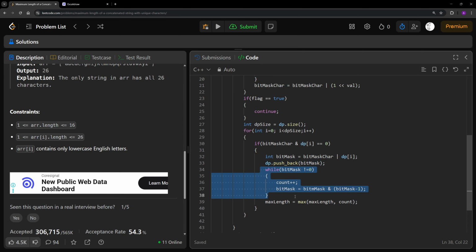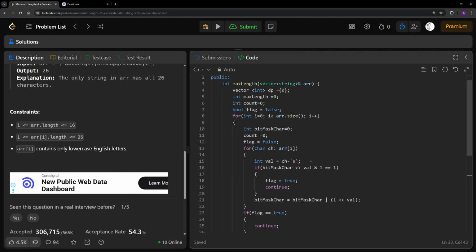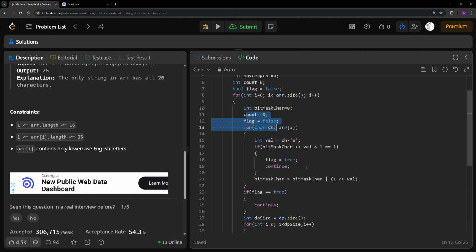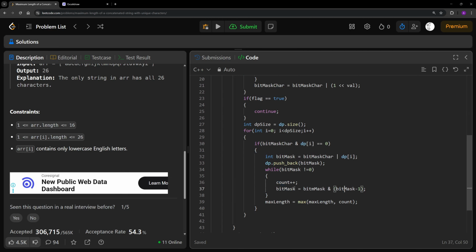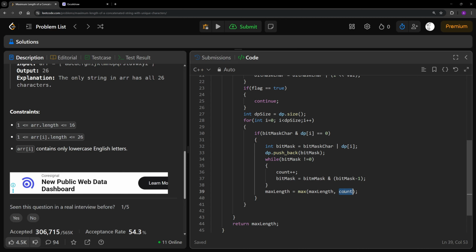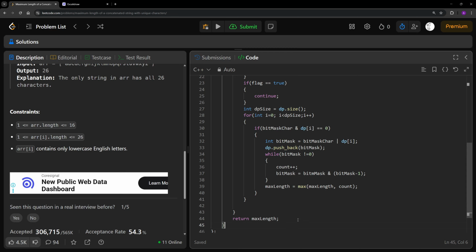Then I will check कि इसका लेंथ क्या है, ठीक है? लेंथ कैसे पता चल रहा है? काउंट से, ठीक है? This is just a Brian Kernighan method, something like that. I'm not even sure the name. So it's that method which just counts the number of bits, and after that I'll just set the max length accordingly at every given point, and after that at this point I'll just return it.